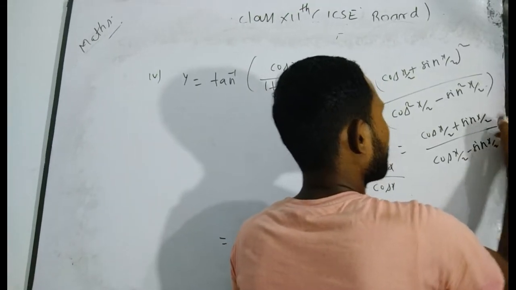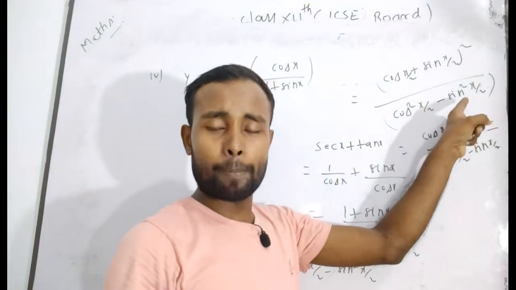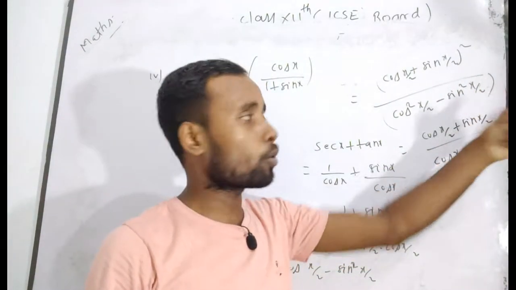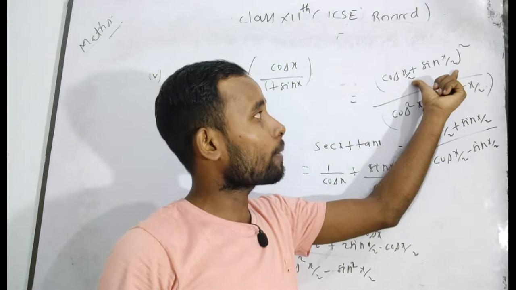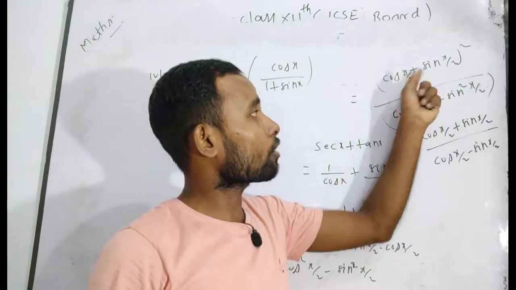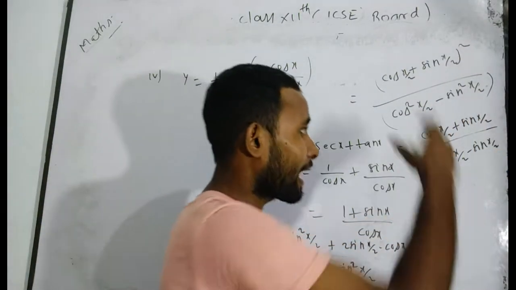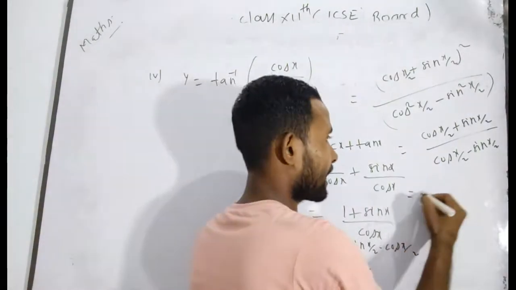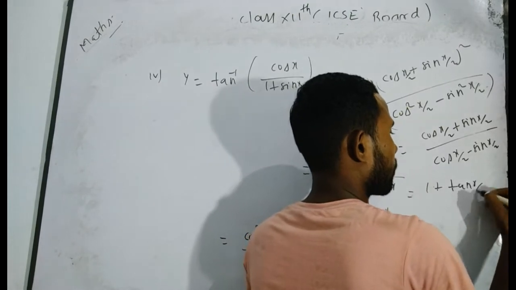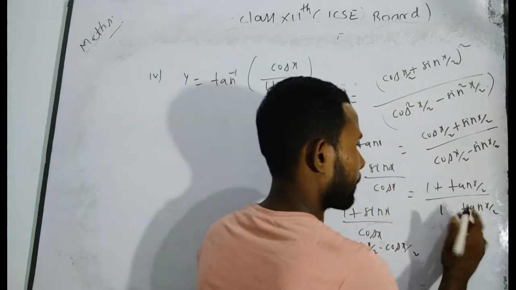You will ask how simply. In the denominator there is also a square minus b square, that means a plus b into a minus b. That means cos x by 2 plus sin x by 2 into cos x by 2 minus sin x by 2. One cos x by 2 plus sin x by 2 cancels. In the final case you will get in the numerator cos x by 2 plus sin x by 2 simply, and in the denominator cos x by 2 minus sin x by 2. After dividing numerator and denominator, you will again get 1 plus tan x by 2 divided by 1 minus tan x by 2.